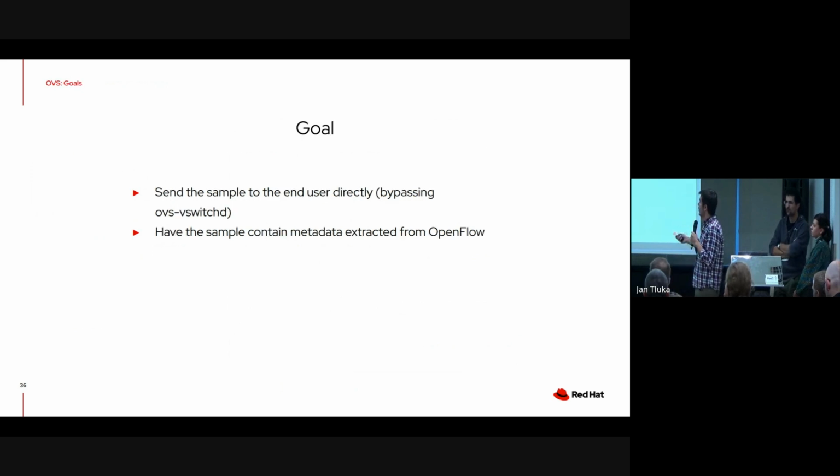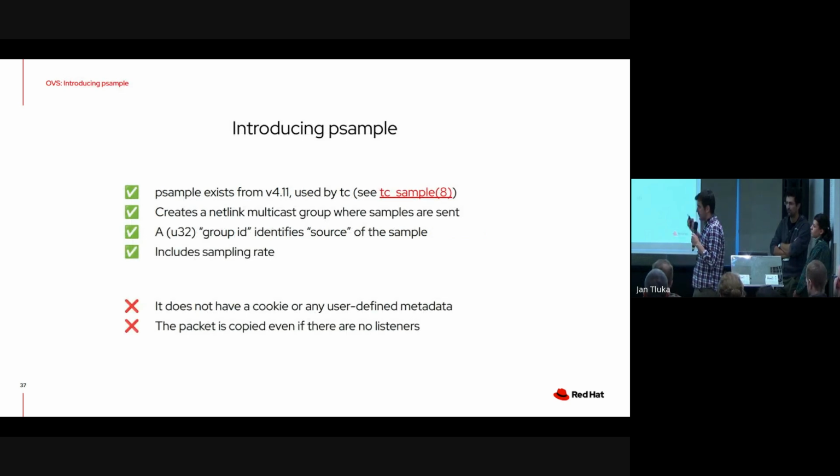So our goal was to come up with a solution that would basically bypass ovs-vswitchd altogether, and have this metadata alongside the packet. So we looked at the kernel infrastructure and we found this psample module. Psample has existed for a long time. It is used by TC. It's great. It creates a netlink multicast socket,